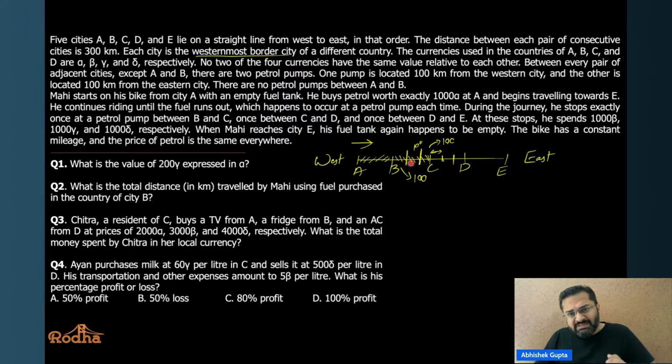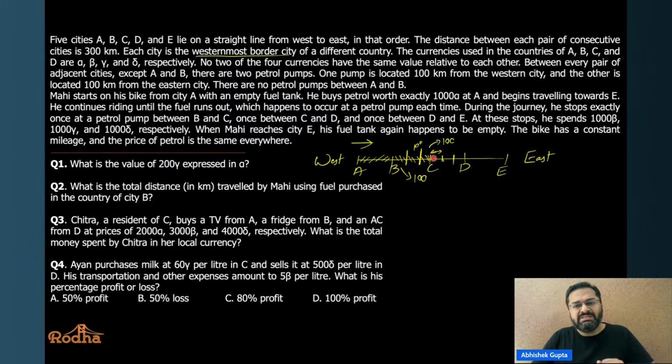So what is exactly happening is that his petrol ends, but he runs out of fuel in a manner that two things happen. One is कि उसका petrol pump पर जाकर ही खत्म होता है. He does not have to drag the bike. So this is one important thing. And two, यहाँ पर कभी नहीं होता.